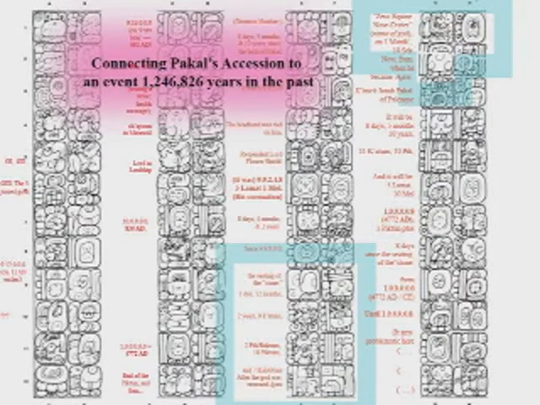And one of the cool things about this number is it's not just 1,000,000 years ago. The Sumerians talked about things happening in 60,000, 130,000, things like that. The Maya said it didn't just happen 1,000,000 years ago. It happened 1,246,826 years and 64 days in the past. And that number of days, by the way, if you look at that number, it's usually numerologically interesting.